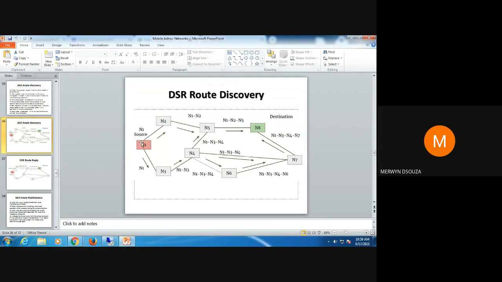No, no. This was the route discovery done by this router N1. In future, some other router, say this node N2, may want to find a route to the destination. N2 may not be sending anything to N8 as of now, so it may not have any entry for N8. This route request was generated by N1, so only N1 will be updating its table.